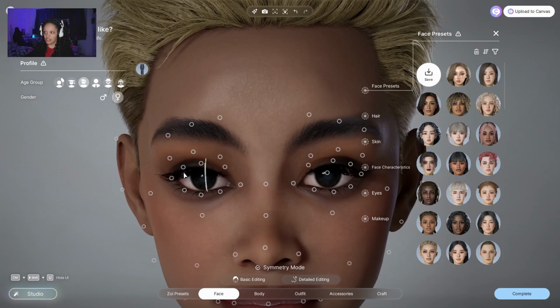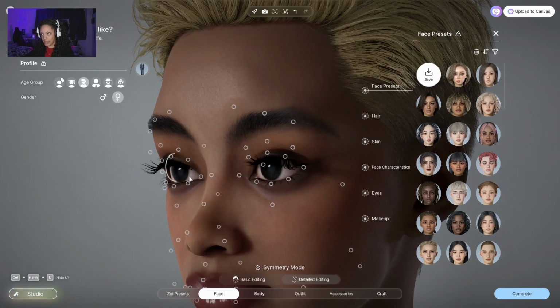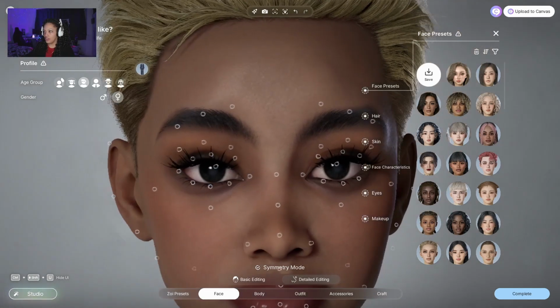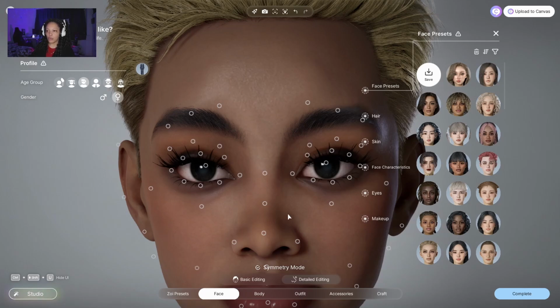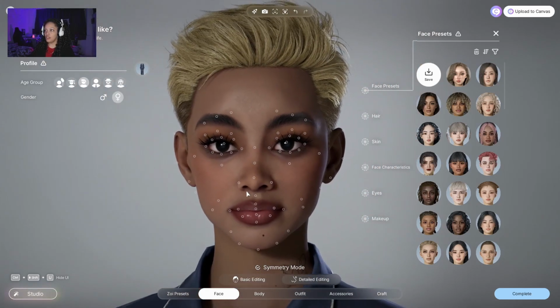So another thing, you can see that her eyelashes are quite low, which is very cute. But if you rotate to the side, you'll see there's an option to lift the eyelashes a bit lighter. So I'm going to be quite quick with editing the Zoi. Well, I'm going to try. But the main thing I'm going to do is just try and cover all the useful things for you guys